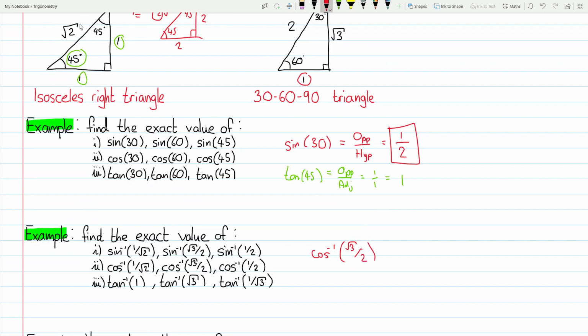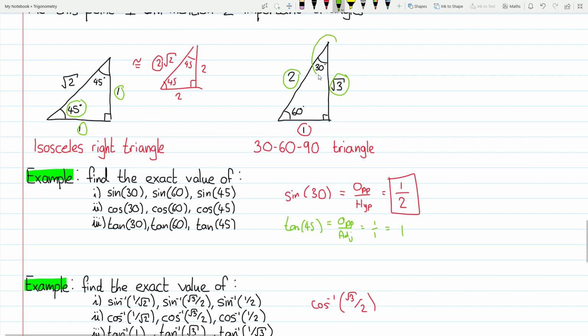If we look at this side, we only have square root of 2, 1, 1, but here we have a square root of 3, so it makes sense to use the 30, 60, 90 triangle. And we can see that it looks like we have the square root of 3 here divided by 2. So what angle does this correlate to the cosine functions? Well, here, if we pick the angle 30,